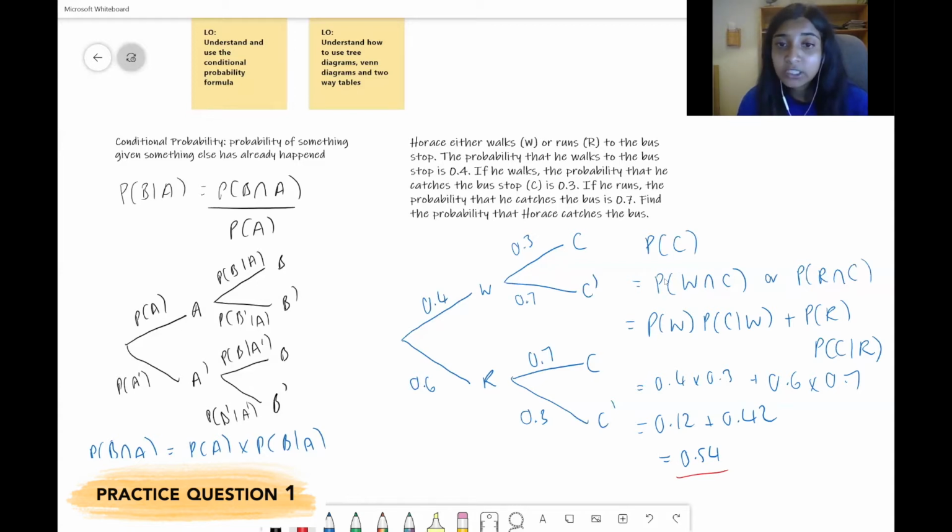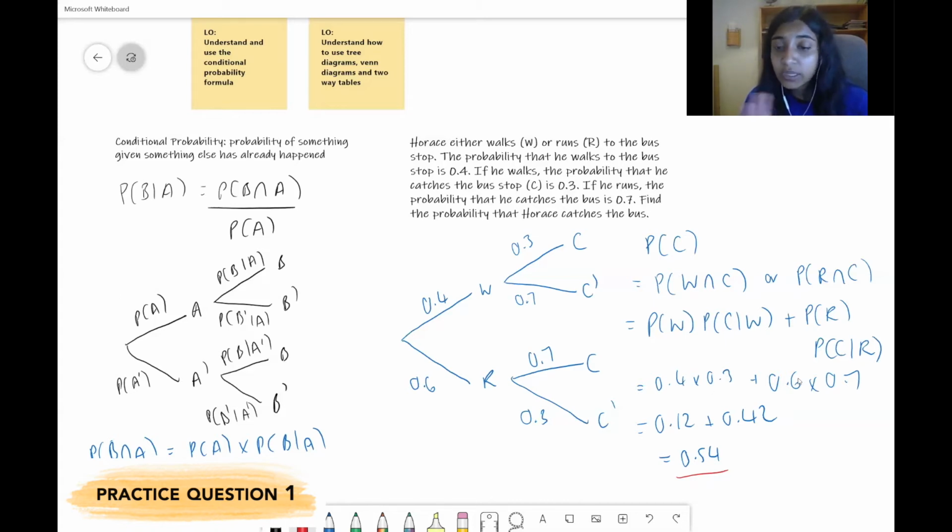What you do is you just write out all your information on a tree diagram and just fill in the blanks with your second branches. Those are representing your conditional probabilities. And at this stage here, you can either write them out like I did using these formulas over here, or